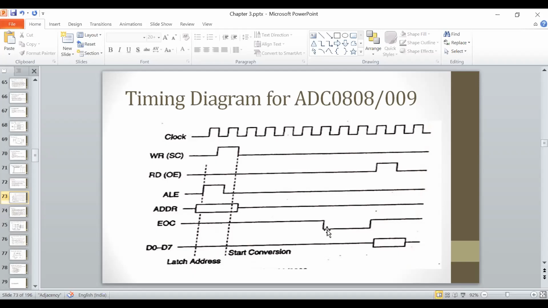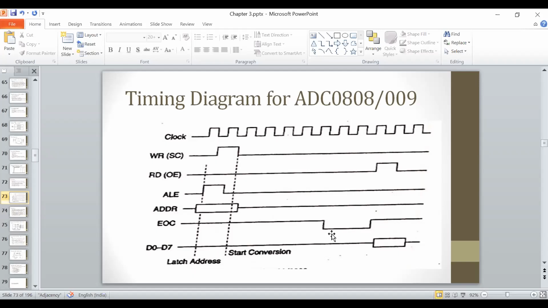This should also be high, should not be low, because it is EOC. There's some mistake in this timing diagram. I will recheck the same thing again. It is taken from the book, but if you are writing it EOC here, not EOC bar, then it should also go from low to high. पर यहाँ पर इसको उल्टा किया हुआ है, हाई से उन्होंने लो पर किया हुआ है, तो this is some printing mistake. It should also go from low to high,